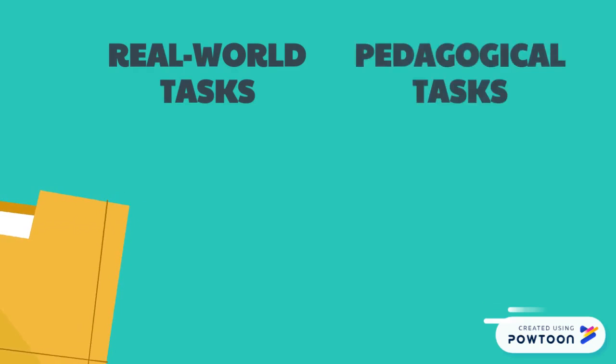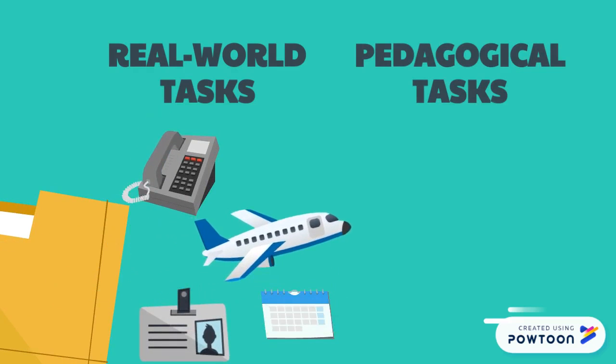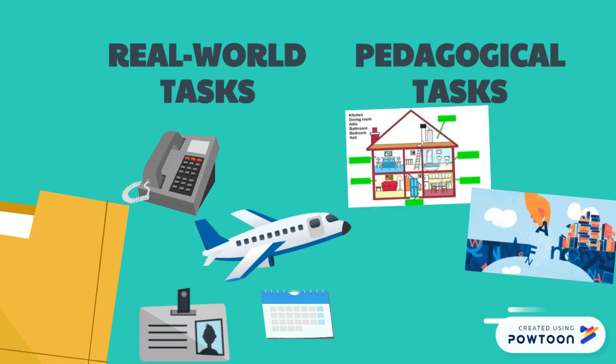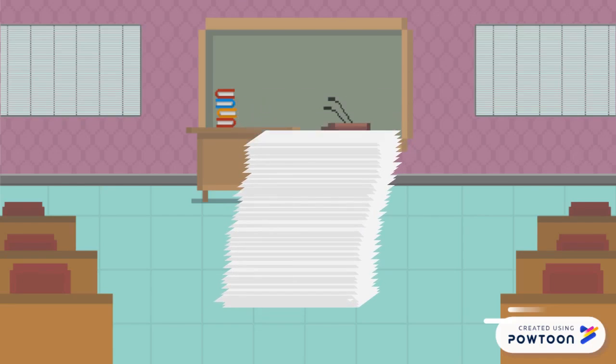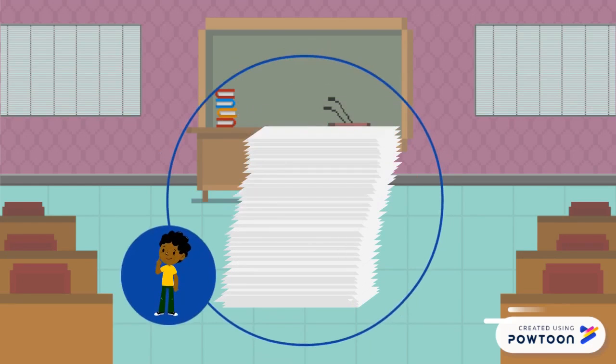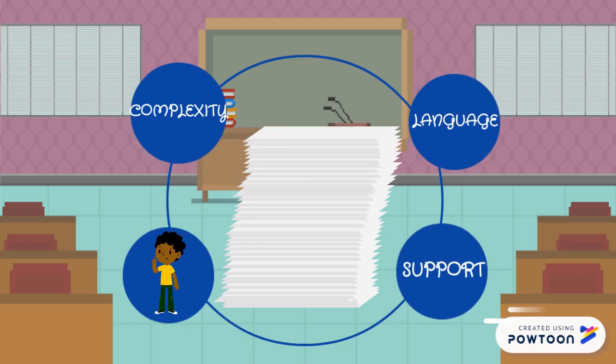The former are considered to be important and useful in the real world, such as using the telephone, planning a vacation, or applying to the university. The latter are those which have a psycholinguistic basis and do not necessarily reflect real-world tasks, such as naming parts of a diagram with numbers and letters, completing an information gap activity, or drawing geometrical figures. The ordering of tasks also has to be determined according to their difficulty, which depends on the previous experience of the learner, the complexity, the language required, and the supports available.